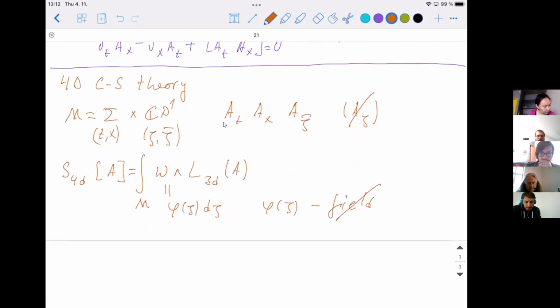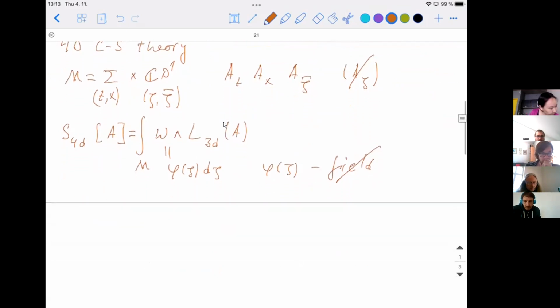Okay, and now let's see. The equation of motion of this